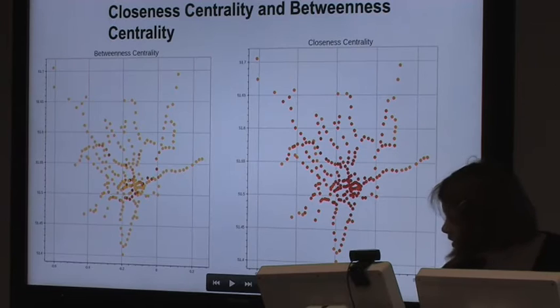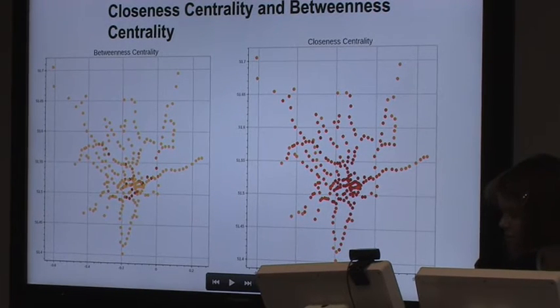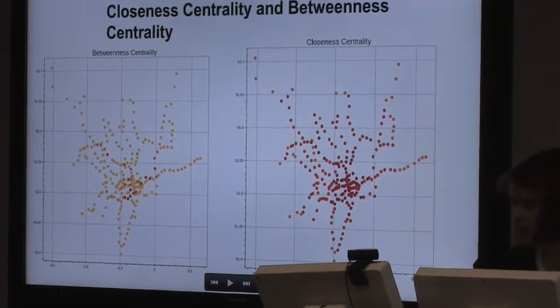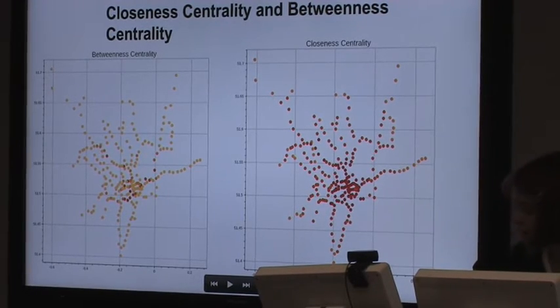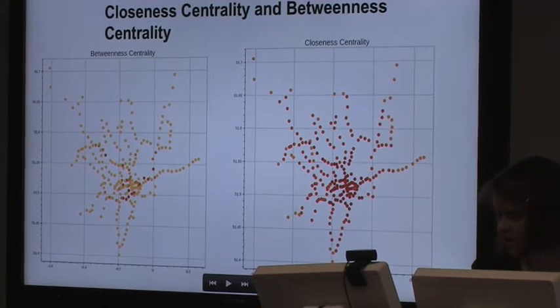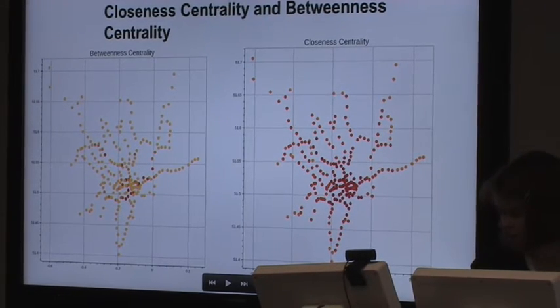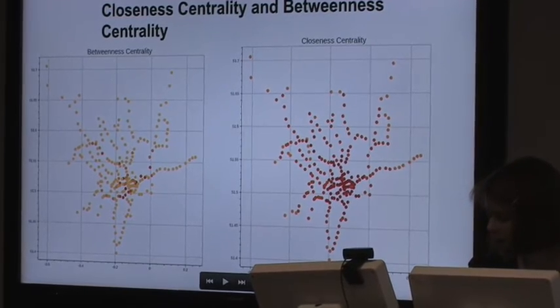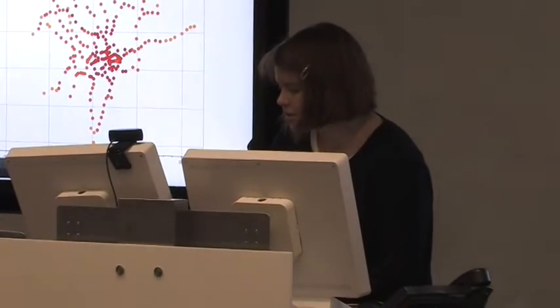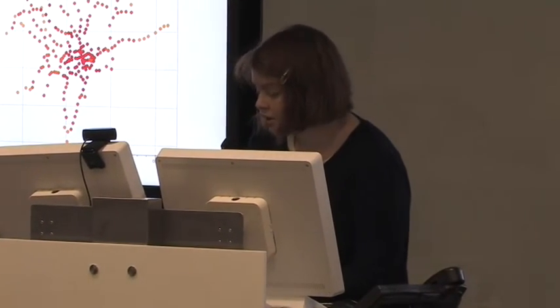You can also see that the distribution of values is different. For betweenness centrality, you have quite a small number of stations that are very high on the list, and then everyone else has a really low betweenness centrality. Whereas for closeness centrality, you can see that most of the nodes in this image are actually very dark red. So what this might suggest is that there are very few critical stations measured by betweenness centrality, but actually most stations in the London Underground network are pretty close to each other. So no matter where you enter the network, you can still travel to other parts quite fast.